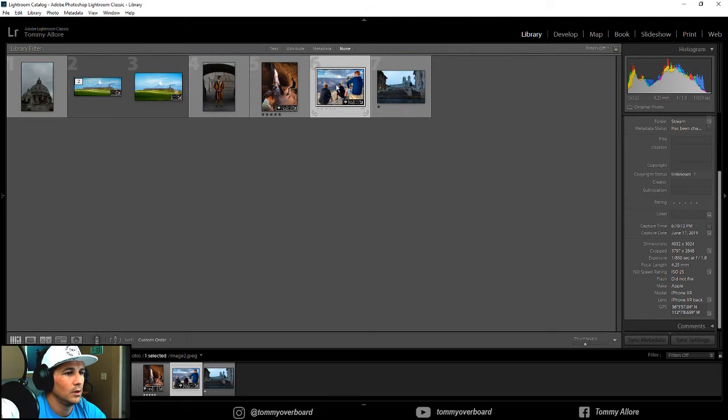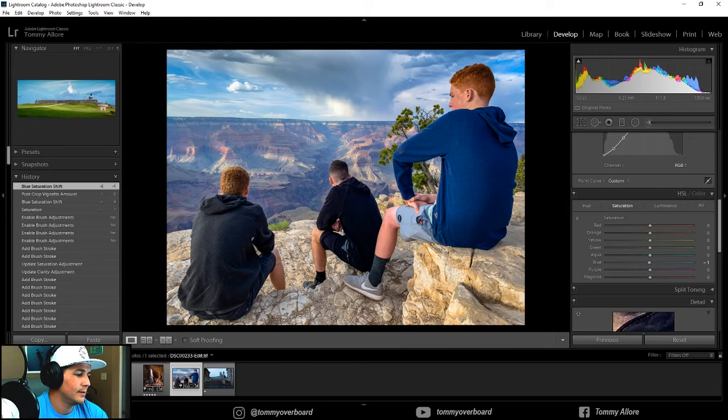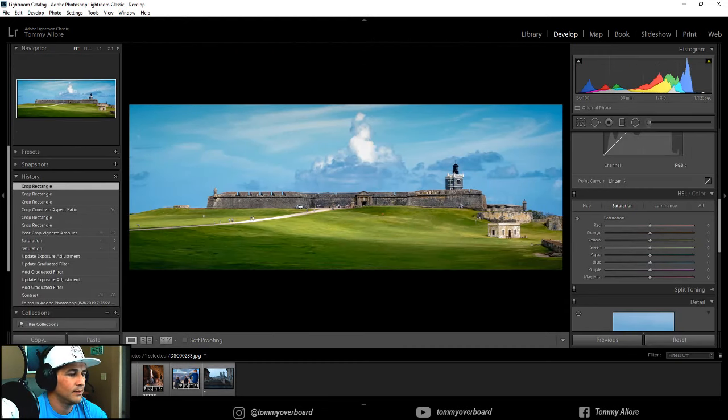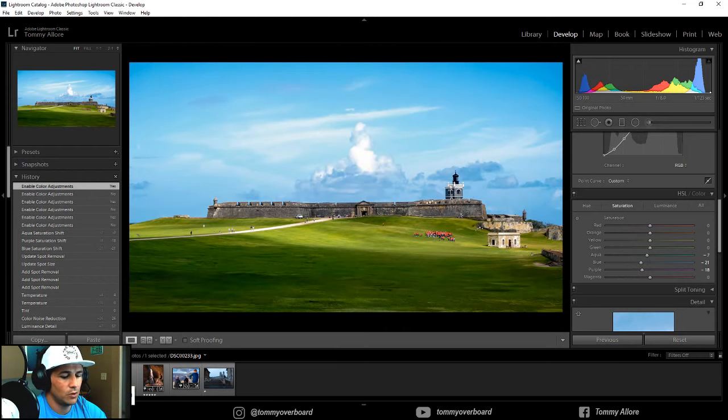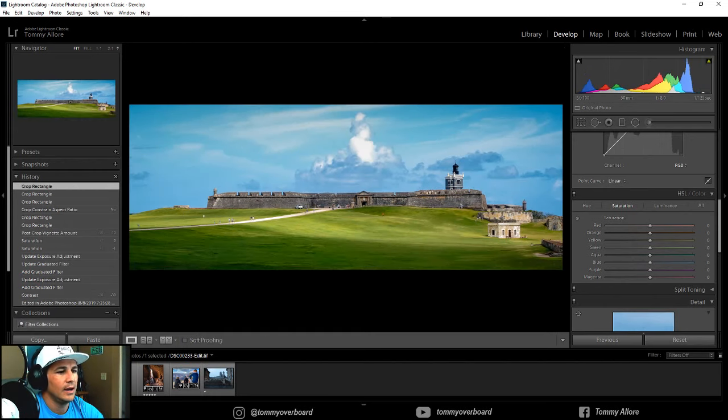So, before, after. All right. So far we've done this shot right here. This was our before shot that we got of the group over here. It's just a really washed out, really hazy photo. And then after,